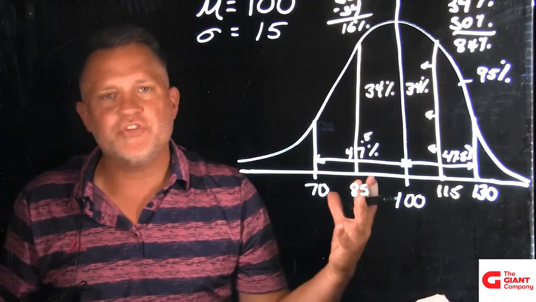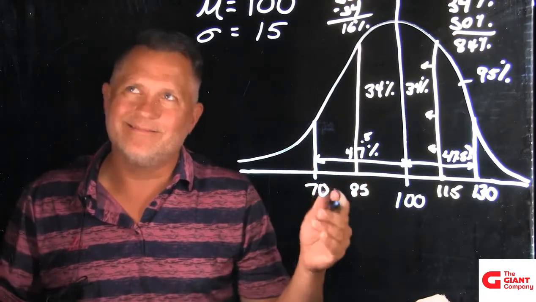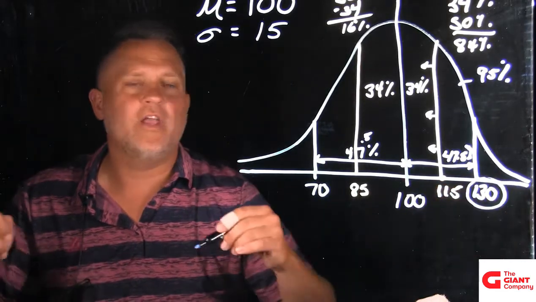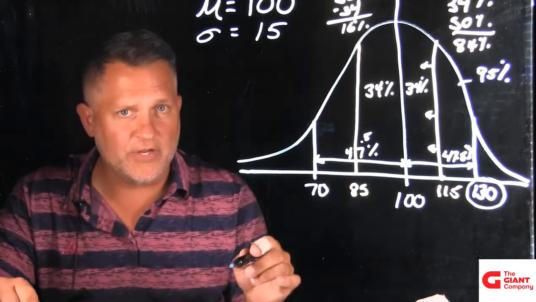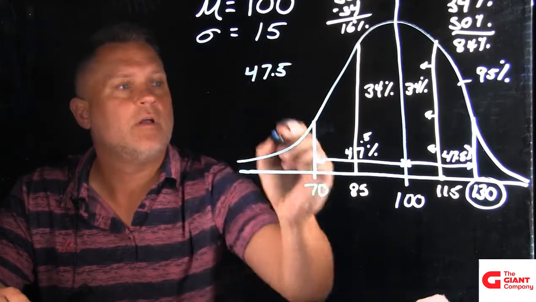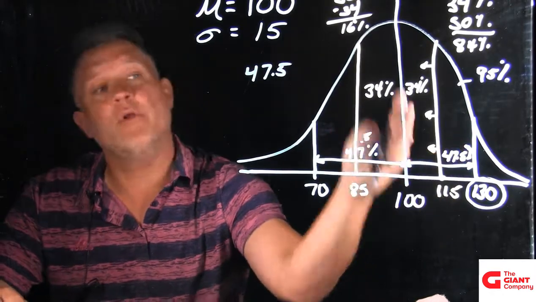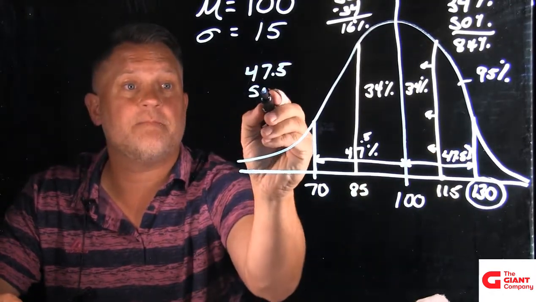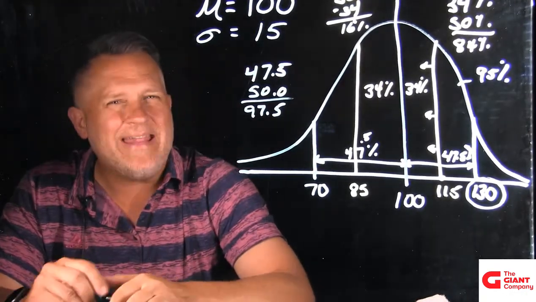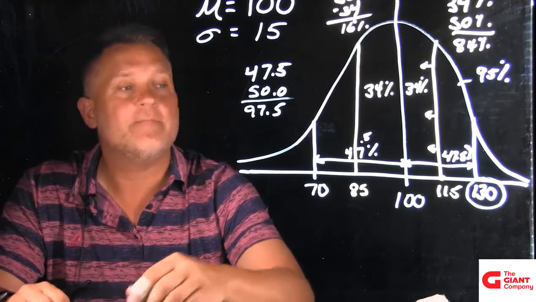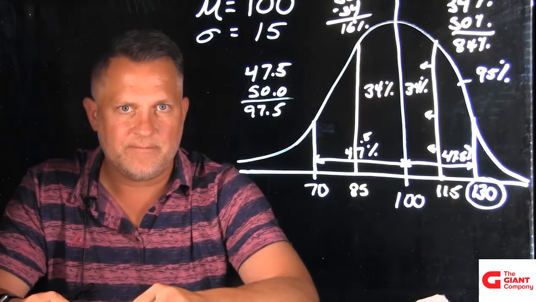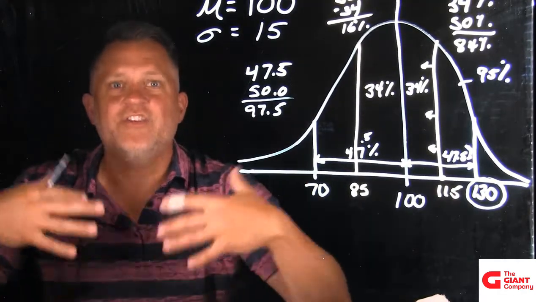So let's go ahead and use the same example. I scored a 130, right? That's kind of the genius mark, I think. But I scored a 130 on the IQ test. How many people did I score better than? Well, we have 47.5% just on this side of the curve, and then we know this other side of the curve is 50%. So I scored better than 97.5, almost 98% of the people if I scored a 130, which is 2 standard deviations above the mean. Okay. Again, digest some of this,